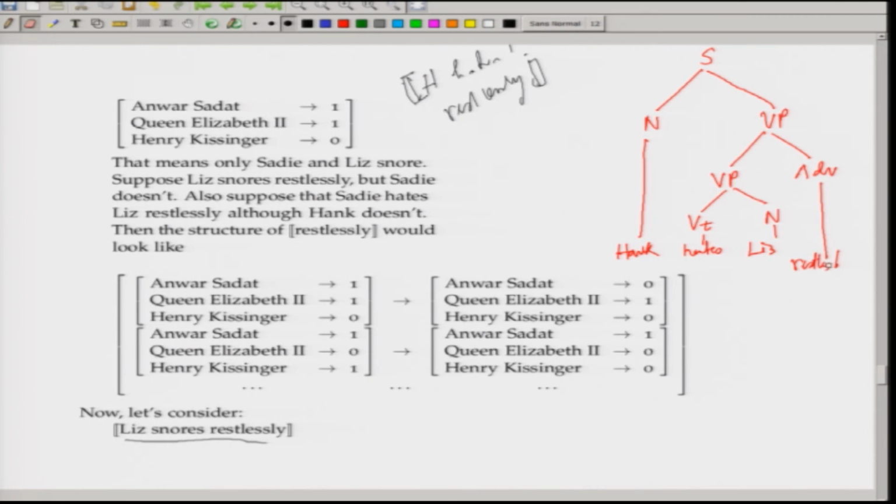Restlessly, right? So yes, restlessly once again. So let us see how we construct it. We can see here that the adverb restlessly does not take hates or Liz separately, it takes hates Liz. So first it is hates Liz. What will be the value of hates Liz? We consider that first. So we just write here